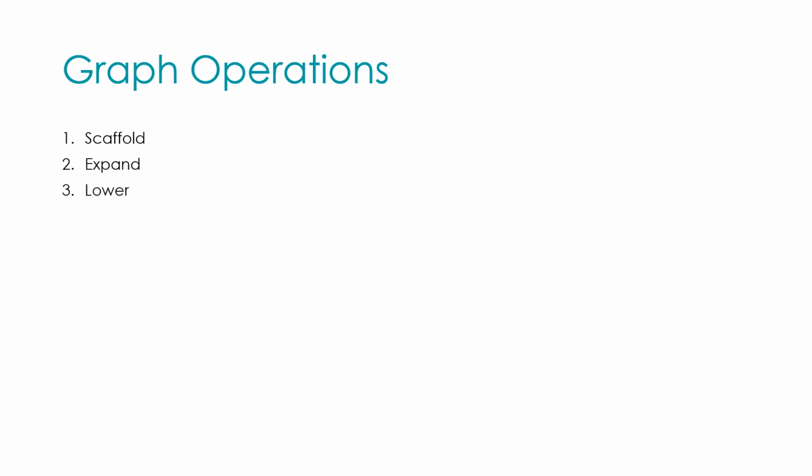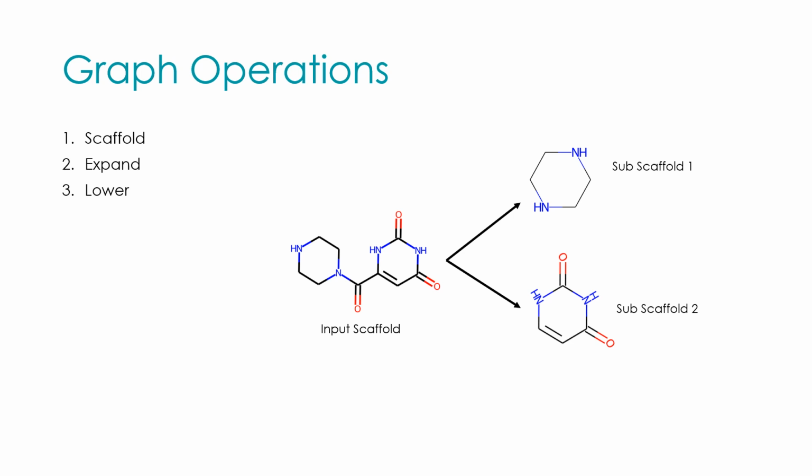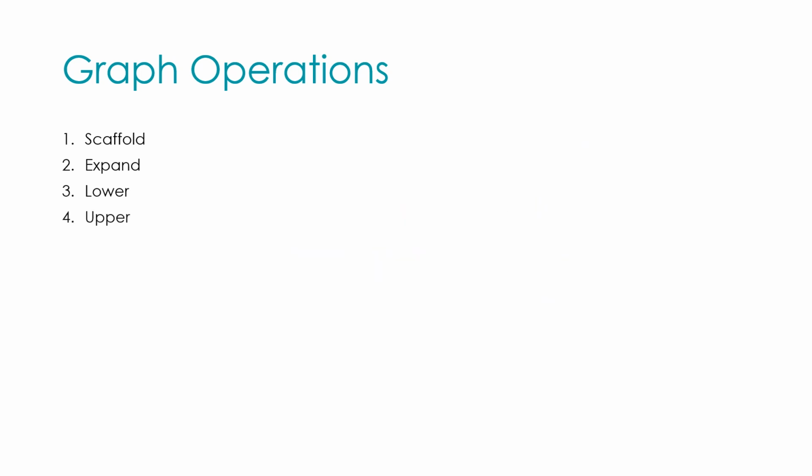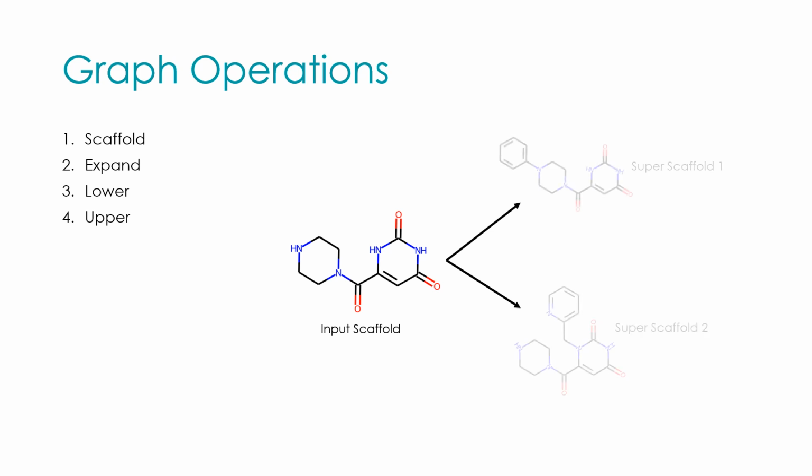The third operation is called lower. Given an input scaffold, lower operation results in identifying the subscaffolds, that is the scaffolds whose structure is substructure of the input scaffold. Finally, the last operation, that is upper. This is the exact inverse of lower operation. Upper tries to identify the super scaffolds of the given scaffold, that is, scaffolds whose structure includes the input scaffold